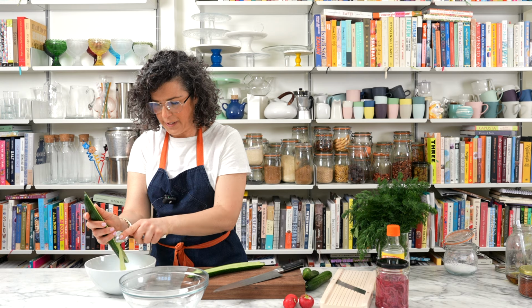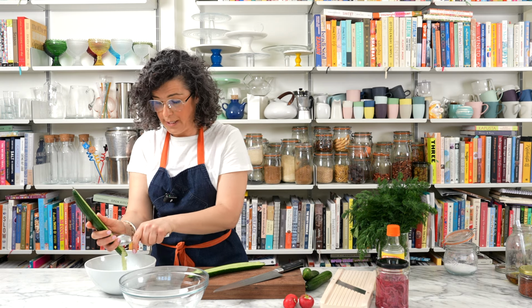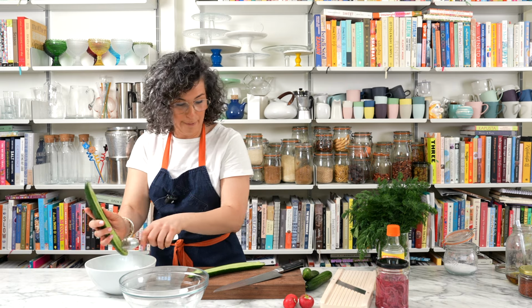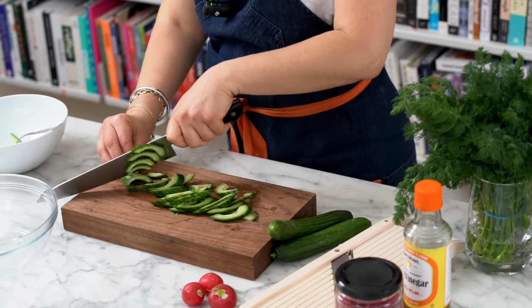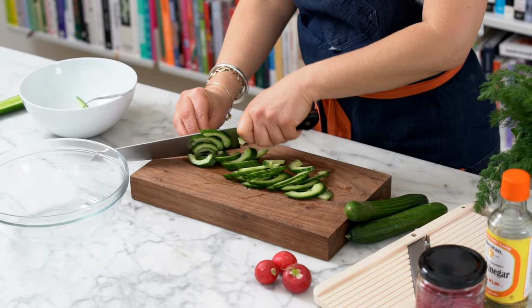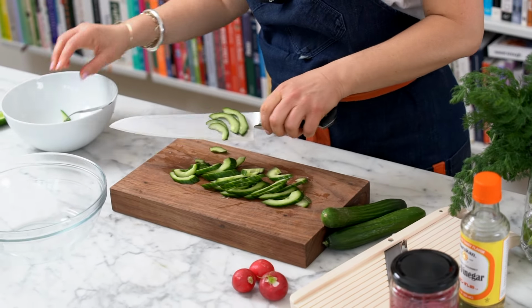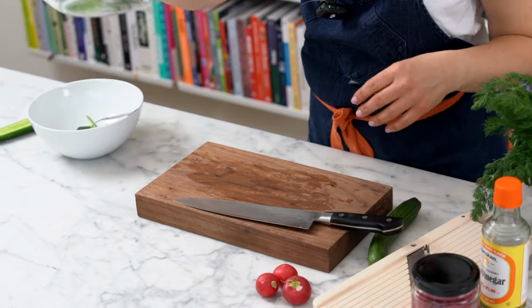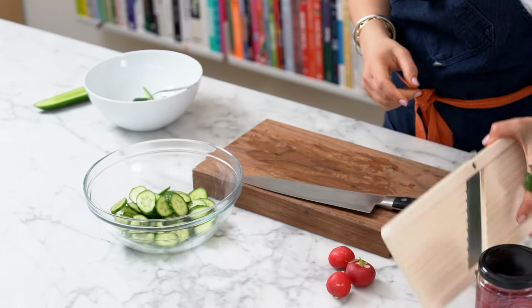I'm only going to use half this cucumber. Also, you can make this more interesting by using a variety of different sized cucumbers if you can really be bothered. So I'm literally going to slice up this cucumber. This would actually be enough for kind of 2 to 3 people, but I'm going to make a bit extra today. Right, cucumber is here. Let's get to our